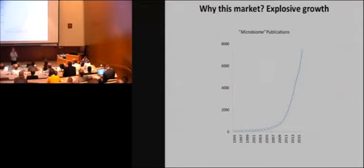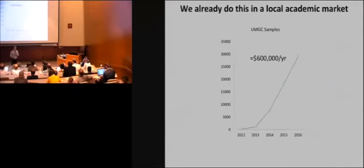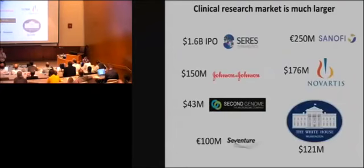This is a plot of the publications that mention the word microbiome over the last decade. We also already do this in a local academic market. Under the direction of Kenny Beckman, one of the founders, the University of Minnesota Genomics Center has generated, in the last year, around $600,000 of revenue just for microbiome sequencing, just in the local academic market. Of course, our target market is much larger, which is the clinical research market. This market includes basically every major pharmaceutical company, all of whom are putting tens or hundreds of millions of dollars into microbiome research. And in addition, the White House just announced